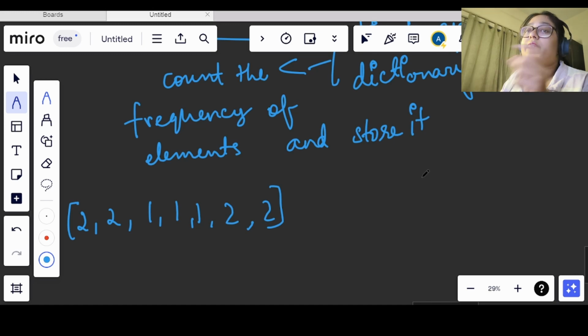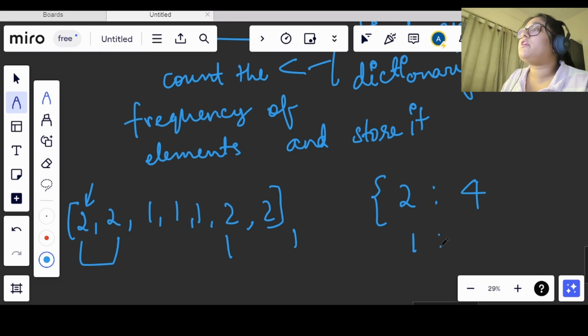It will be stored with a key and a value. The key we have here is 2, and the value that it will store is 1 2 3 and 4. So the value for key 2 is 4, and for 1, 3 will be stored, right?